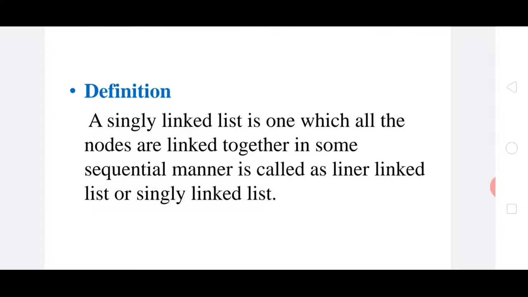It may grow and shrink, meaning that it will be extended or it will be shrinking. Growing and shrinking depends on the operations on the nodes. A linked list is created using structures, pointers, and dynamic memory allocation functions, which are malloc, calloc, and free. These are three different inbuilt functions.